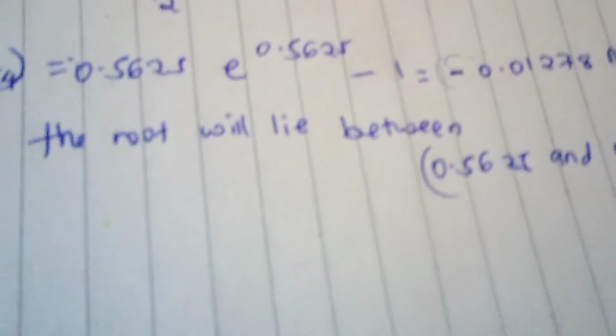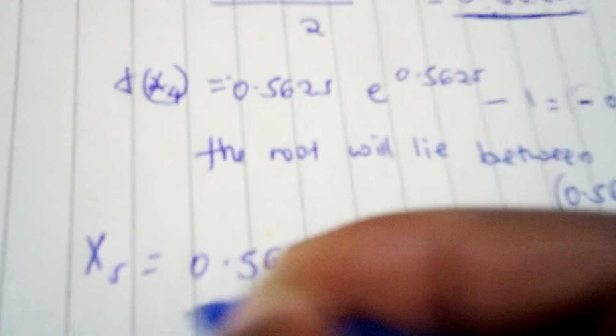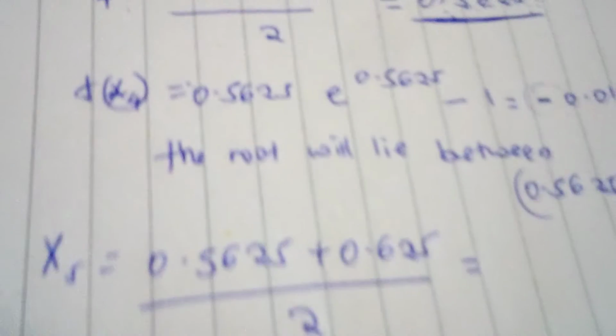Therefore, our next successive approximation, that is x5, will be given by 0.5625 plus 0.625. You divide by 2, which will give you, allow me to use a calculator,